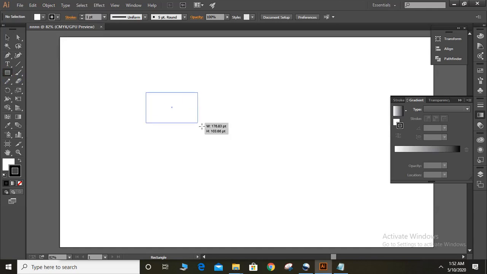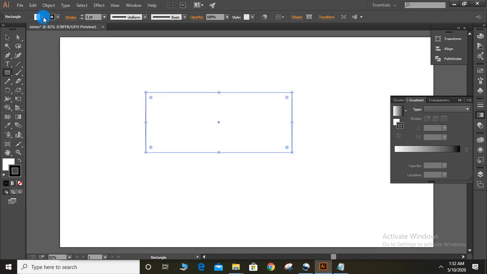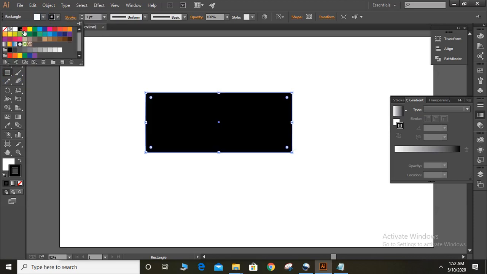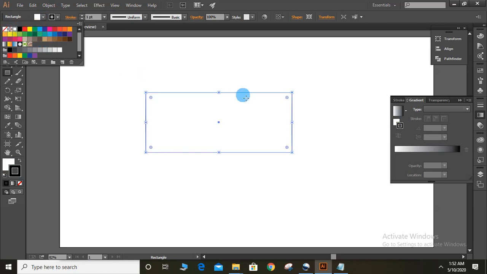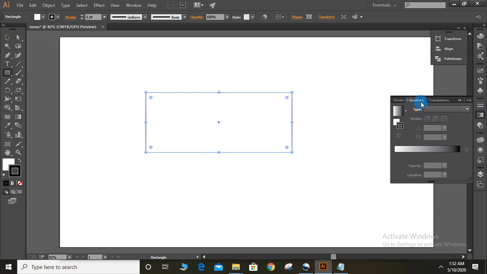So let's assume I have drawn a rectangle, and here you can use different colors for filling: black, red, yellow, green. But now I'll show you how you can use a mixture of different colors. So here is the gradient tool, here you can see. So by clicking on this, you can